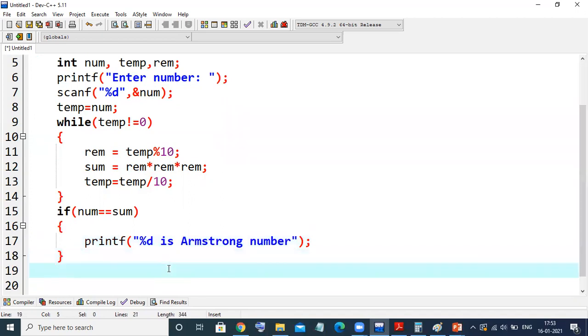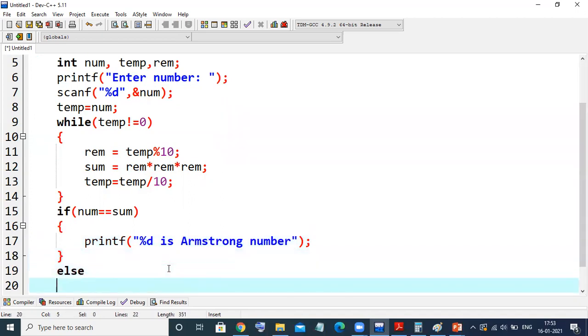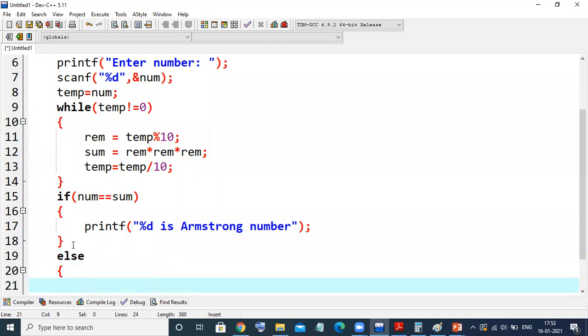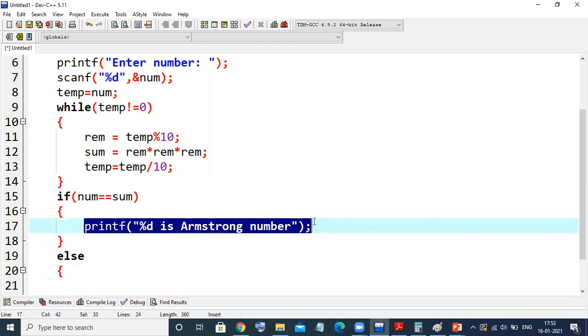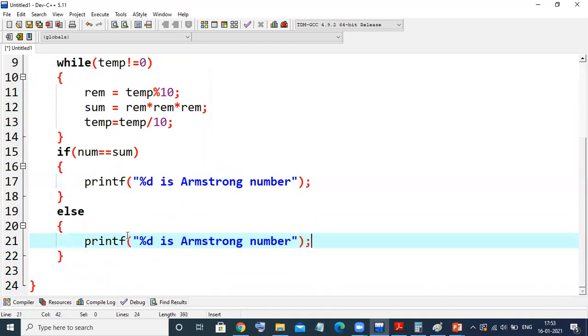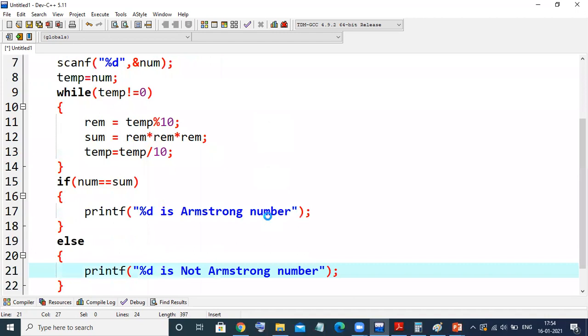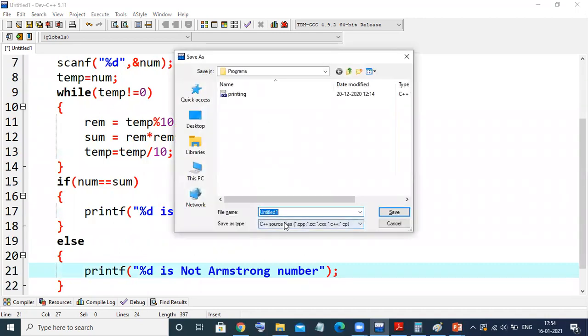Else, yeah, exactly, we'll copy this. Only we'll put a not there: is not Armstrong number.